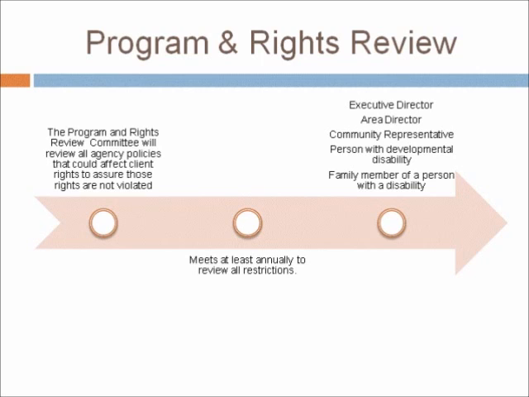If you have completed assessment number 3, you are now ready to move to program and rights review. You have learned how the individuals served have rights and how direct support staff can and will protect those rights. However, there are situations in which a right may need to be restricted in order to protect individuals until safe strategies can be implemented. The Program and Rights Review Committee is set up to review such situations. Please refer to handout number 5 of your classroom packet.